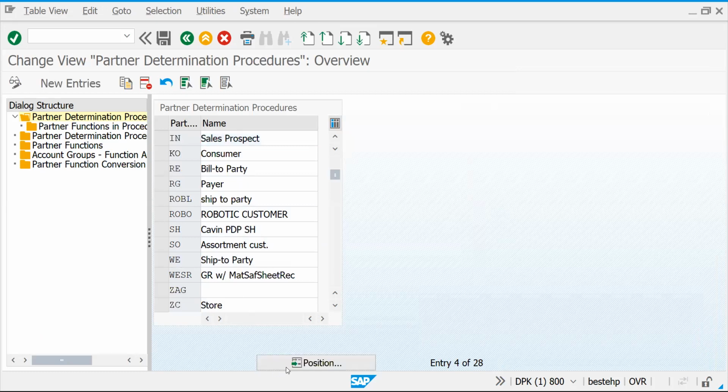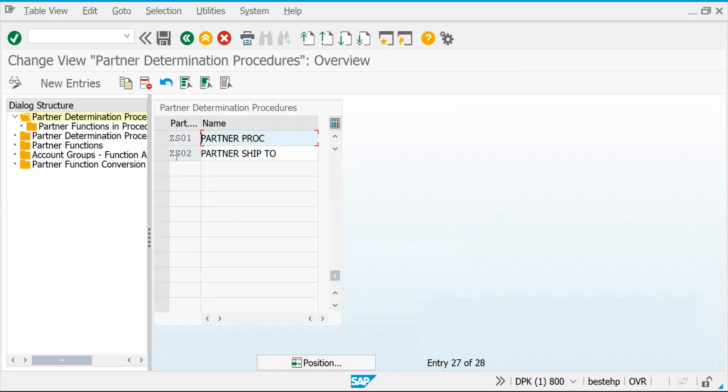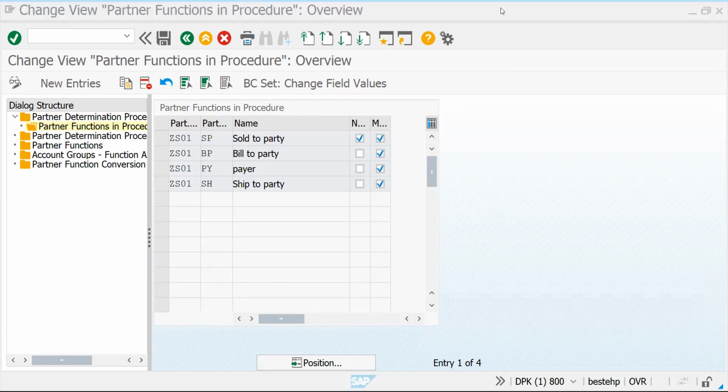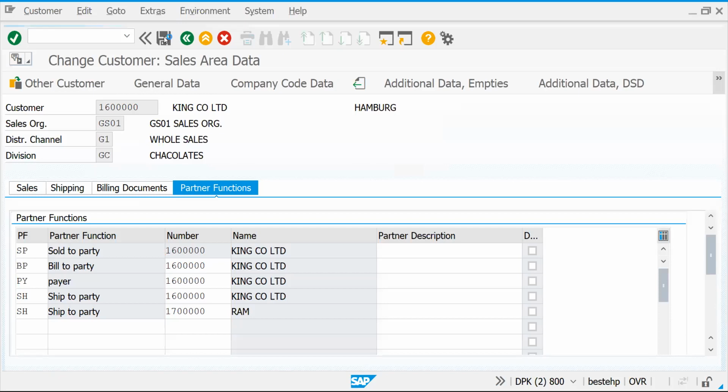ZS01, we have created, right? For this, let's put it. Now it is saying it is not modified, meaning you cannot change it, but the others you can change. This is the field it talks about. Now let's go back to our screen. I'm saving this.